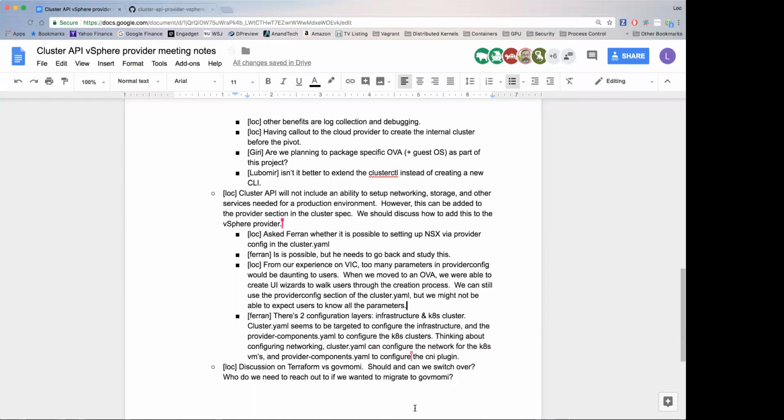I think with respect to Cluster API, it would be in Go, I think. And invoking Terraform from there would be an anti-pattern. So probably switching and using govmomi directly might be a better approach. Also,